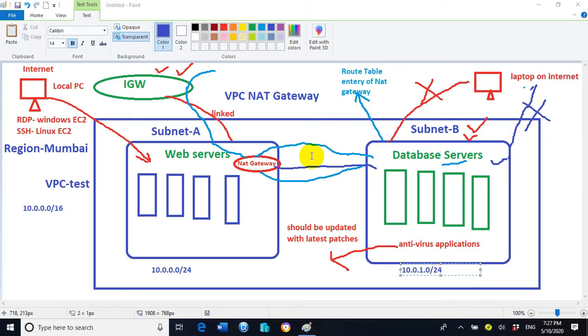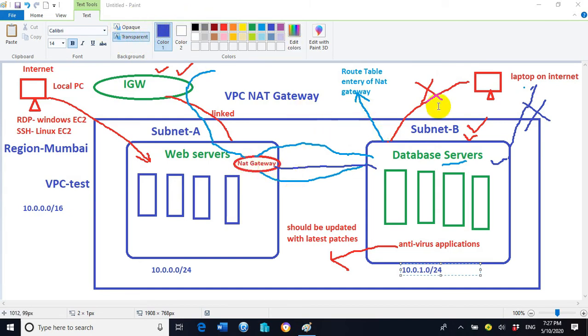For getting internet access in subnet B, we require an entry of the NAT gateway inside the route table of subnet B. Whatever route table is associated with subnet B, we need to enter the NAT gateway entry.